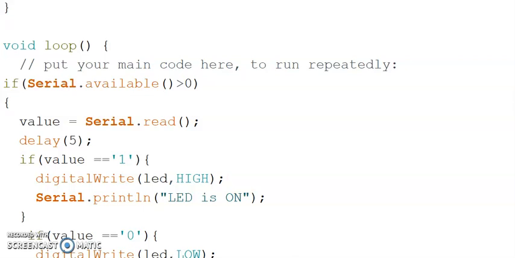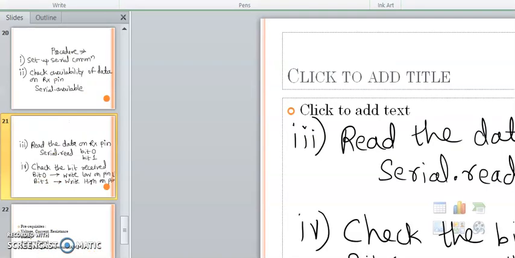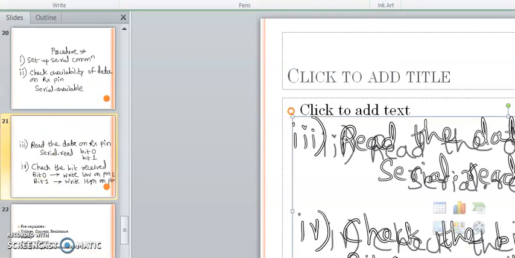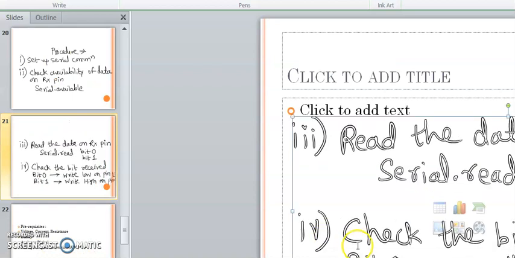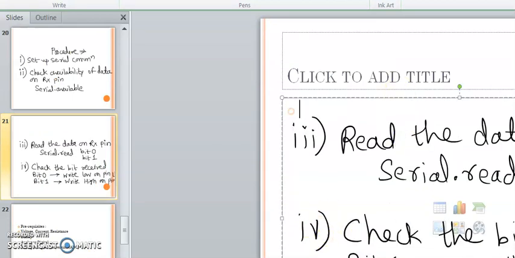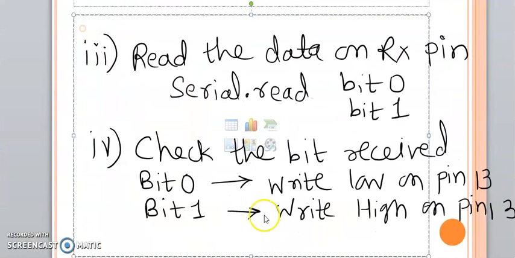Then, according to the next step, check the bit received, that is bit 0 or bit 1. If the Rx pin receives bit 0, then write low on pin 13, and if the Rx pin receives bit 1, then write high on pin 13. So we will write the code for this.